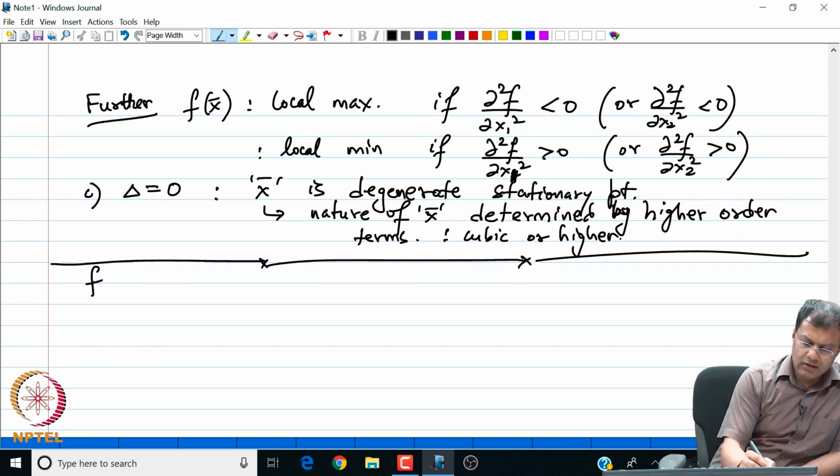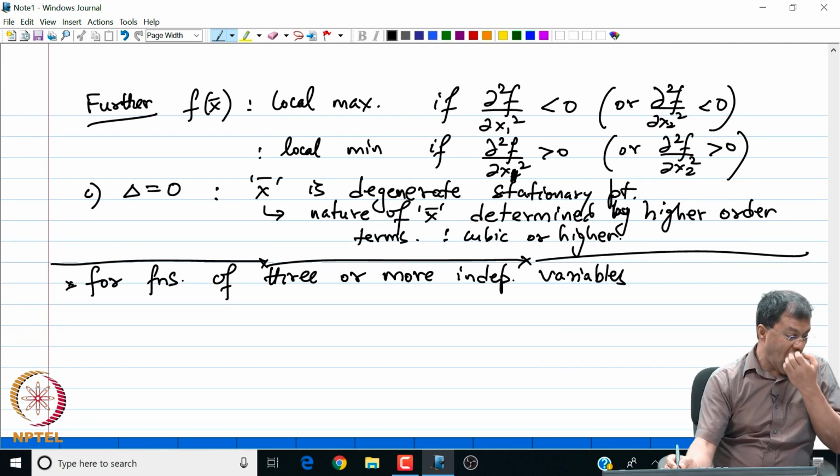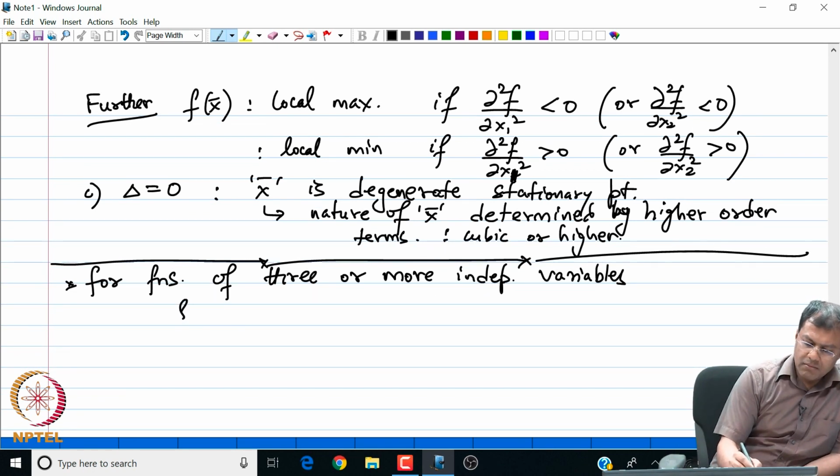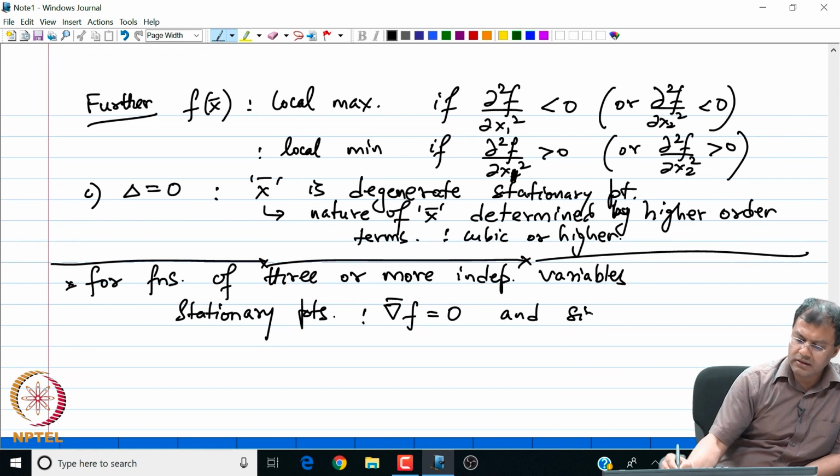So, for functions of 3 or more independent variables, I see that my stationary points are found by setting the gradient equal to 0, and the sign of this difference, f of x minus f of x bar,